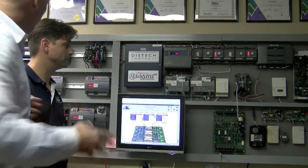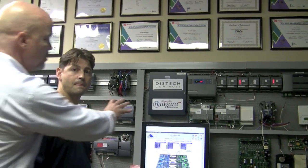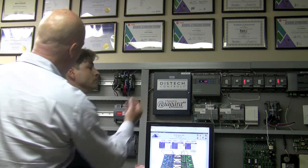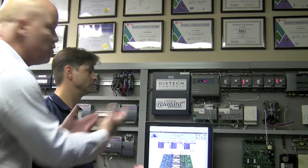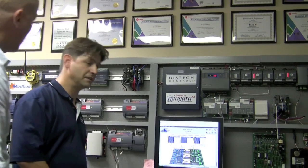You can come in, and you're going to show us the graphics in a minute. Yes, sir. But I think the beauty of this is that now you can take existing controls and get state-of-the-art energy management and front-end strategies and use what you've already got, which is just huge. Definitely. And you guys sort of specialize in that, don't you? Where you kind of come in and...